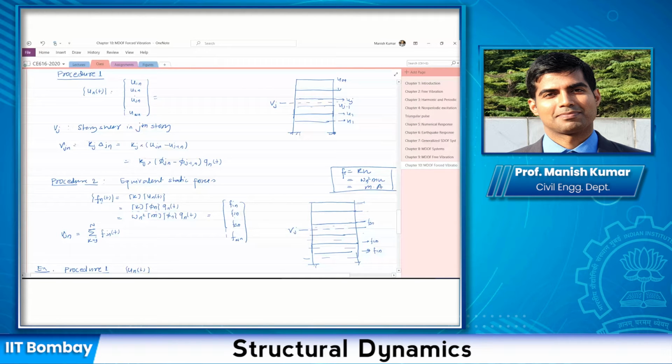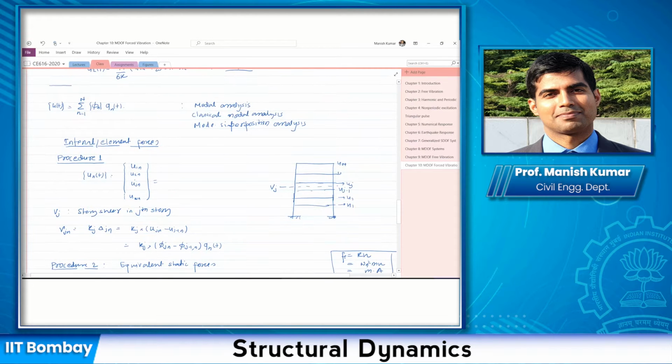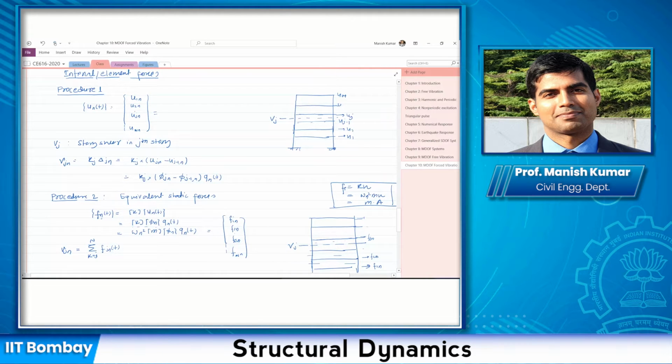Okay, so last class we were discussing different procedures to find out internal response, given that we have already found out the displacement. We discussed two procedures. The first procedure was directly relating the nodal displacement in each mode to element forces. We could do that using storey stiffnesses, or if it's not a multi-storey building, if it's a simple frame, then it would simply be whatever the stiffness is in this direction, for the degree of freedom I'm considering, times this displacement that we have.